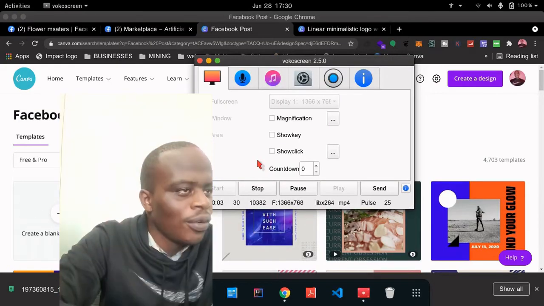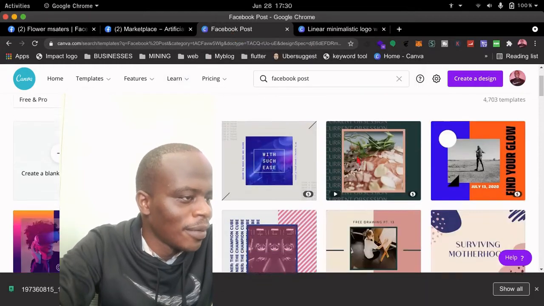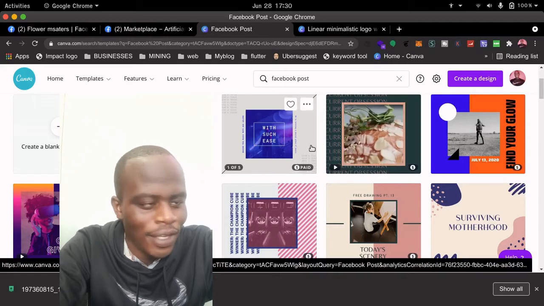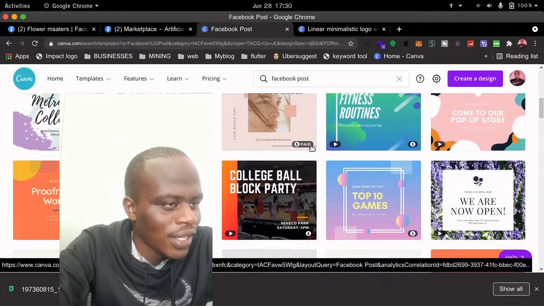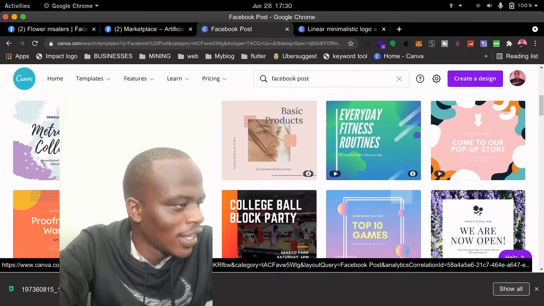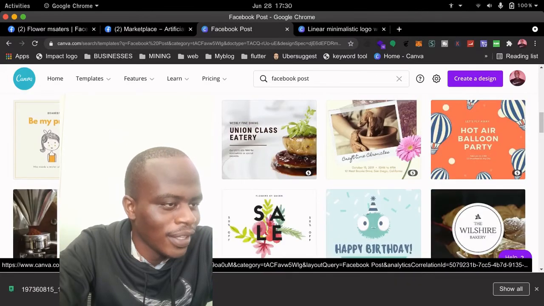So here we are. We have our Facebook templates. These are Facebook templates, like post templates. So we want to look for one that is free. You see, like this one is free. Yes, I want to get something that is free,